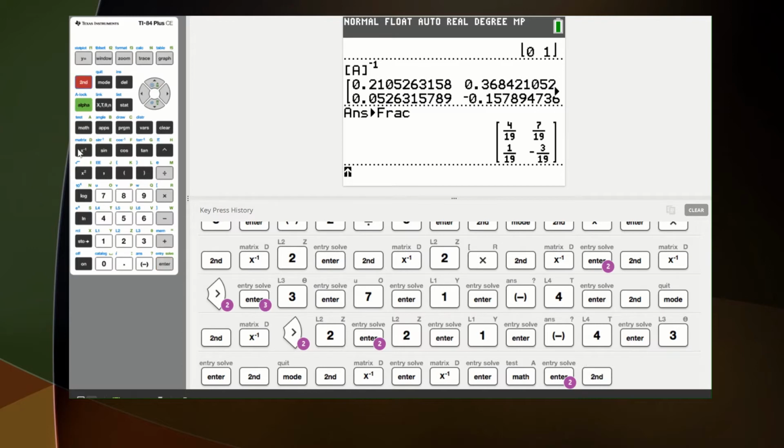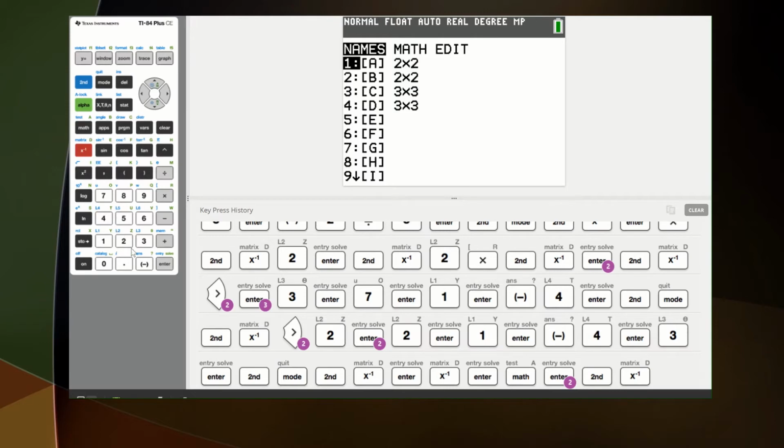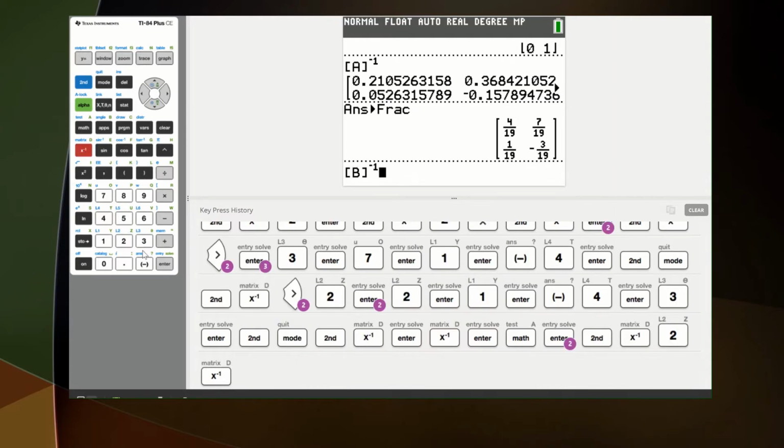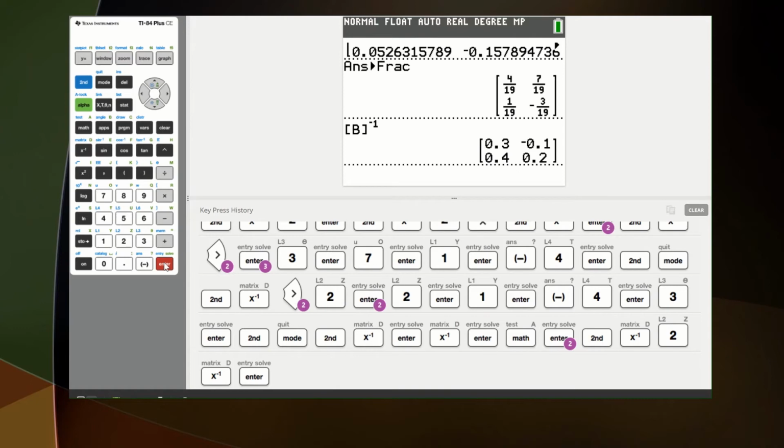Again, I'm going to hit second matrix. This time I'm going to choose option 2 because I want matrix B. That's where I put that in. I'm going to find the inverse by clicking on x raised to the power of -1 and hit enter. And that's all intense. I can deal with that. So that inverse then is the matrix 2, 1, -4, 3 is 3/10, -1/10, 4/10, and